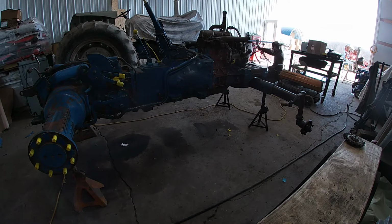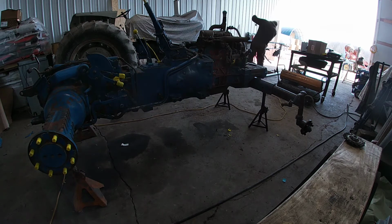1985 Ford tractor restoration. Right now you can see me out there in the front of the shop. I am putting epoxy primer on some of the small parts that I have taken off the tractor. I actually wasn't able to get all the parts to hang up at once, so I do have to do a second round of the small parts. I probably won't tape that. It's not the most entertaining,